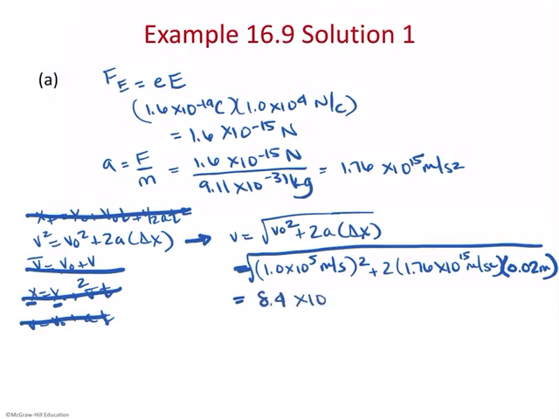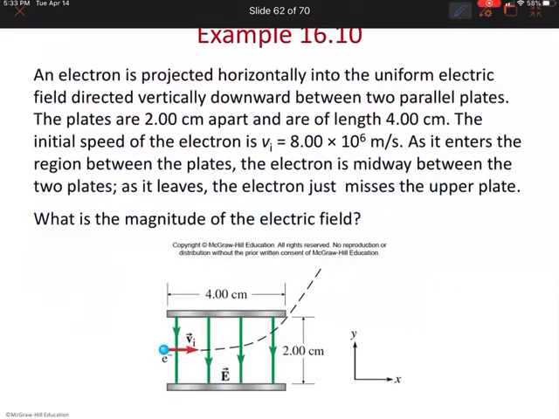Okay, and you have to do the square root of all of that. And you should get 8.4 times 10 to the 6th. Yeah. So there you go. You've got your acceleration and you've got your final velocity. All right, I'm going to end